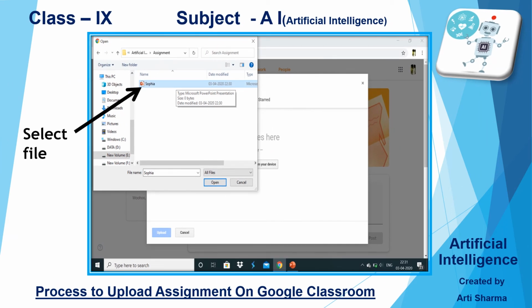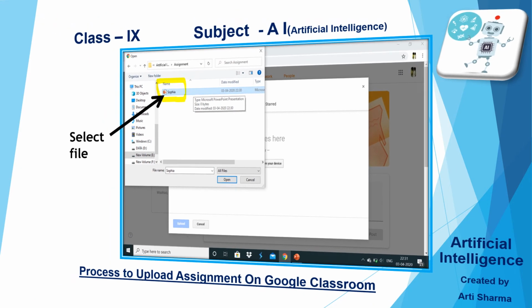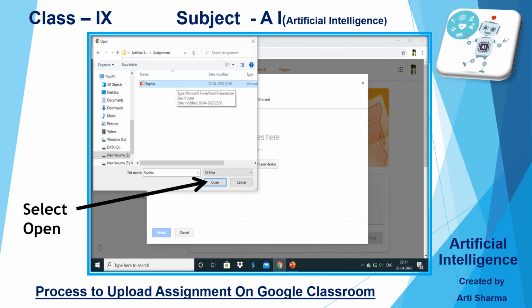Now you need to select the file. I have selected the file Sophia because I have stored my assignment with the name Sophia. So you need to select that particular file. After that, as usual, we need to click on the open button.